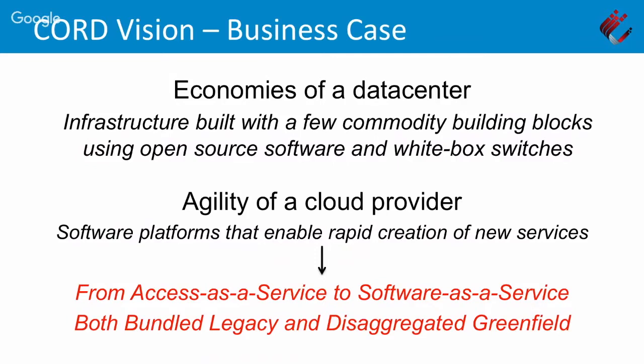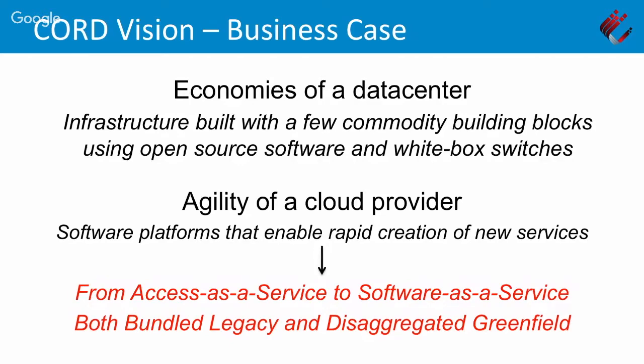So we want to think access as a service, but we don't want to stop there. We want to think everything from there all the way to what you would otherwise think of as a conventional cloud service. So it's that entire spectrum we're trying to bring under one umbrella. The second thing is there is a lot of legacy equipment out there in these central offices, and some of them can be picked up and put into virtual machines and dropped into commodity servers. That's the bundled legacy. We want to do that, and we want to disaggregate those services and turn them into smaller building blocks. And so blowing up a BNG is actually something we're going to try to do. All right, so that's just a slight focusing on the vision part of the equation.